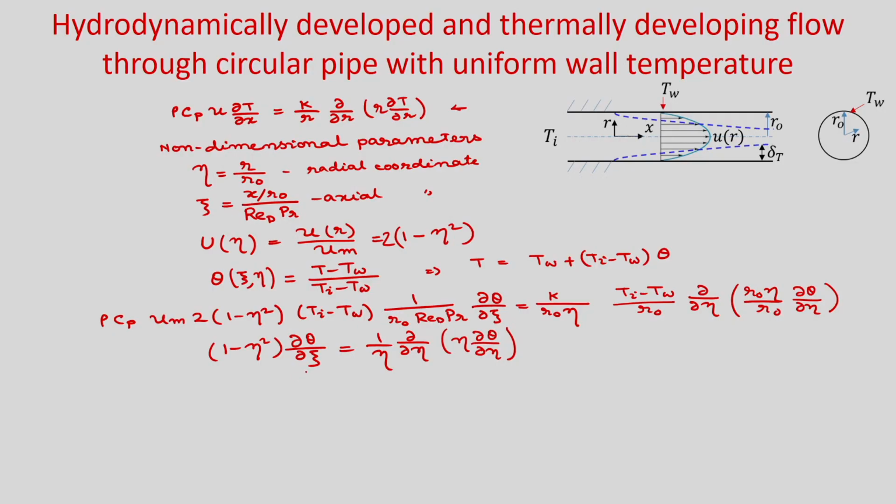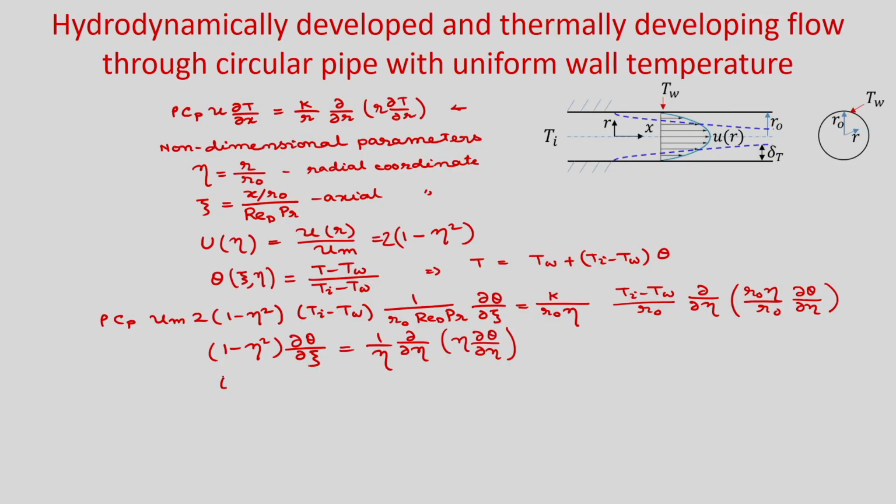Now, you see this equation is homogeneous as well as linear, and in r direction you have two homogeneous boundary conditions. So, we will be able to use method of separation of variables. Now, we will use separation of variables method, where we will find the solution of this equation as theta, which is product of two solutions X and R, where X is function of xi only and R is function of eta only.